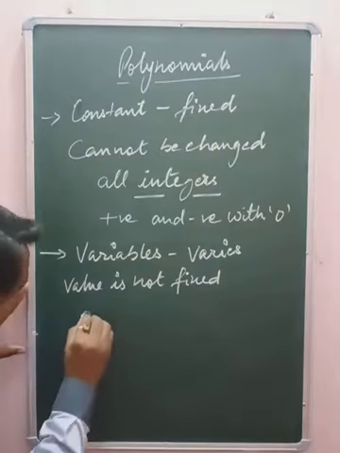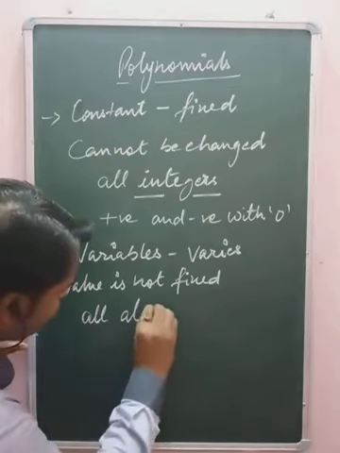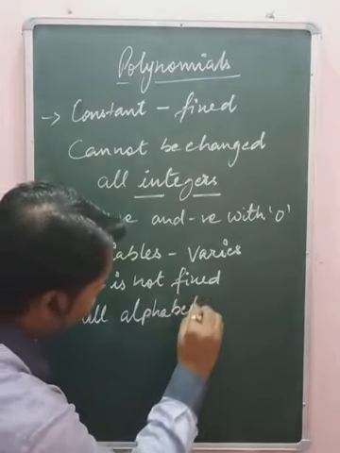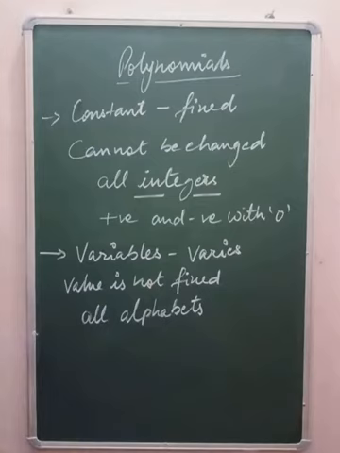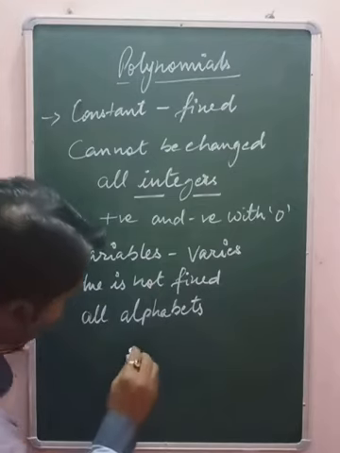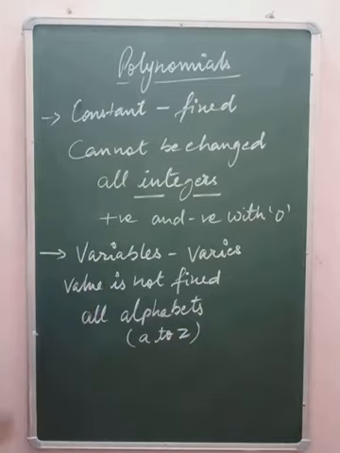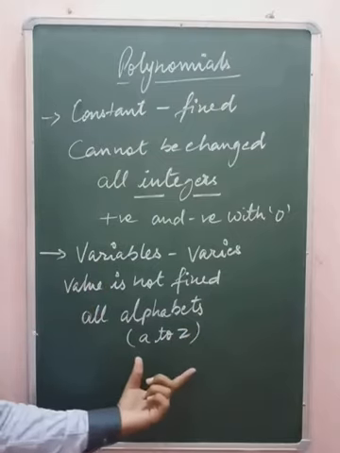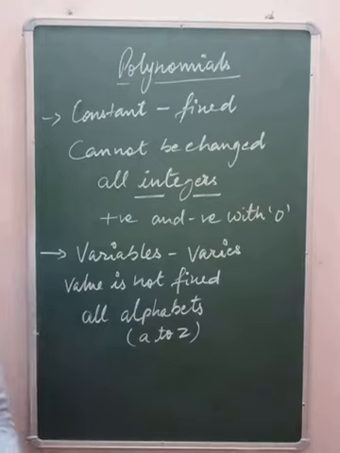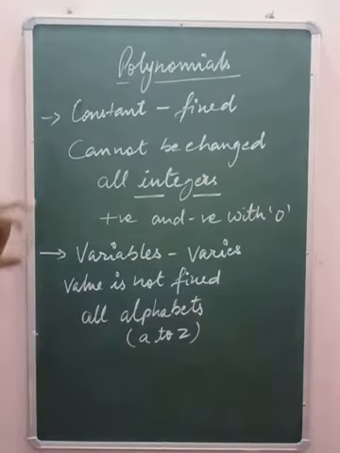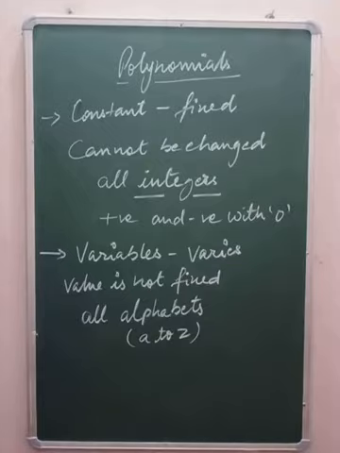So we can say that all alphabets can be utilized as variables. A to Z, whatever is your choice, that depends upon you. This value changes from equation to equation. Now we have got what is constant and what is variable. The combination of these two values